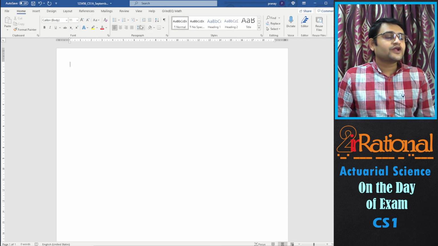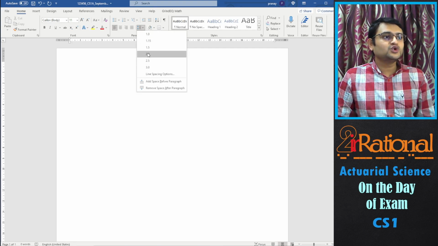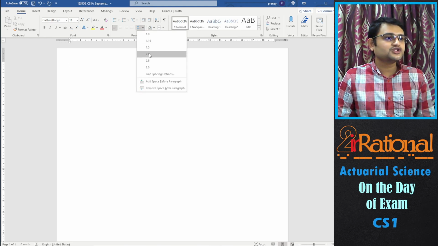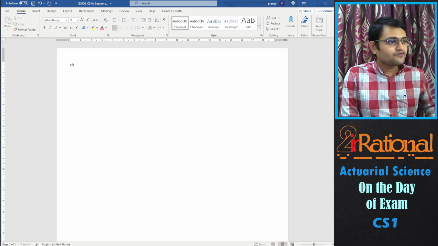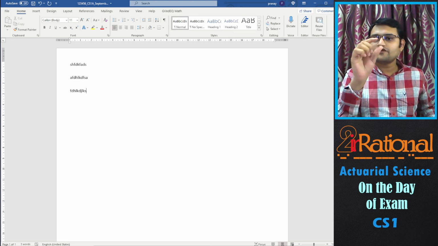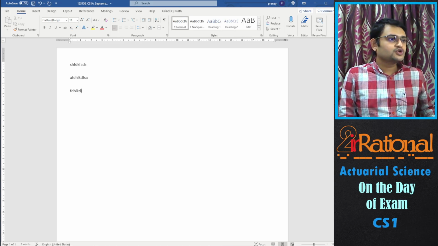Then they have recommended that we change our line spacing to 2. Okay, so you can see here in this paragraph section, here we have line spacing. I'll click on this and change it to 2, so that now you will have more gap between your lines. You can see you have more gap. It's just easier for them to mark if you have gap between your lines. So you should do this for both your paper A as well as paper B Word files, but just before